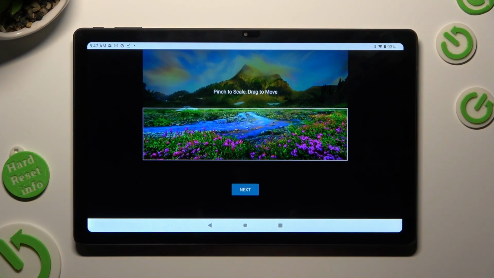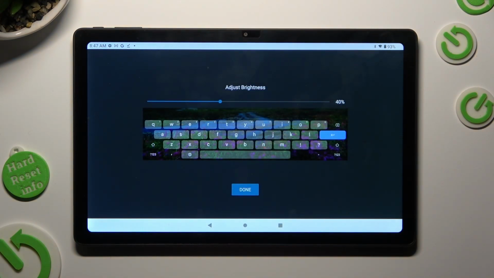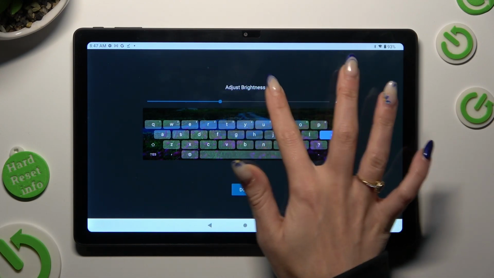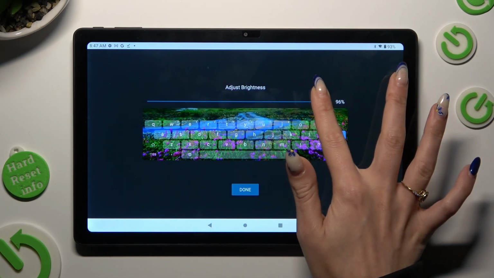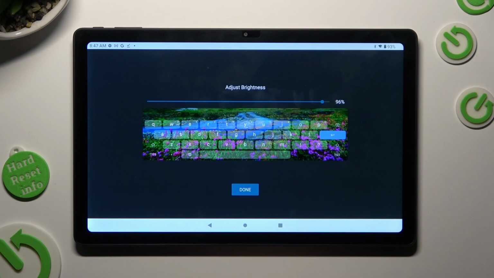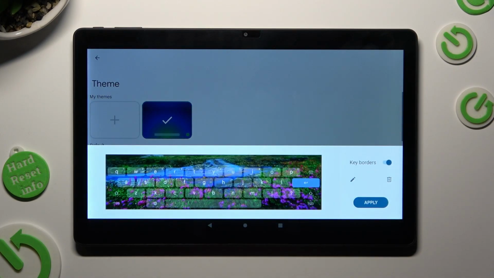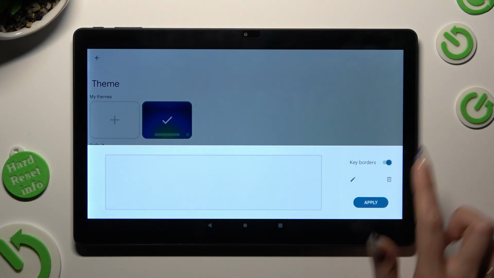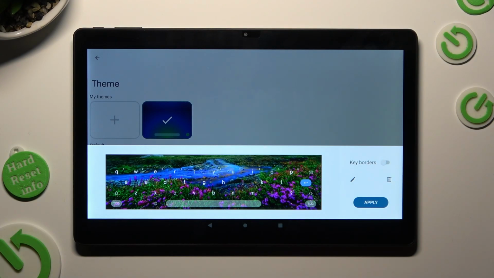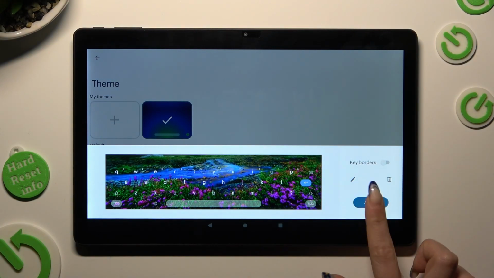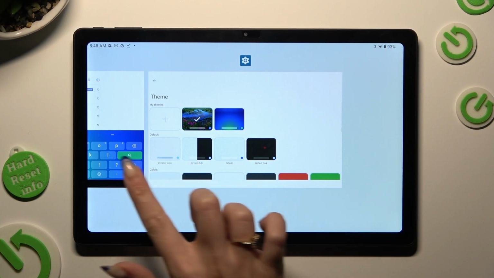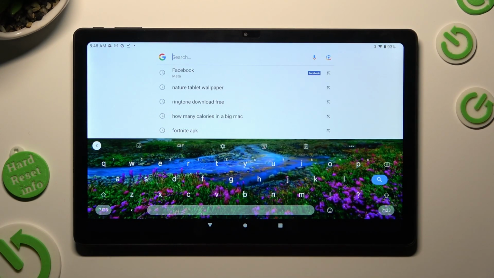Then select Next. Adjust brightness by swiping left or right. Click on Done. Manage key borders and select Apply. So when I go back this time, as you can see, theme of my keyboard was successfully customized with an